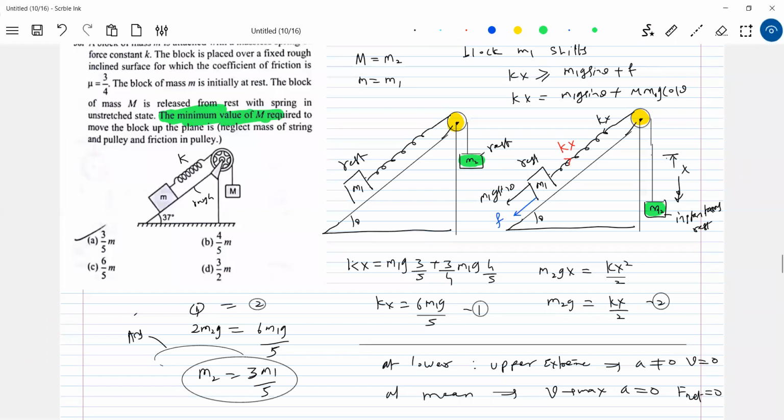Sir, what happens after shifting? Suppose you make M2 greater than 3M1 by 5, then before reaching this extreme only, the block M1 is going to shift. Able to analyze? If M2 is equal to say like a